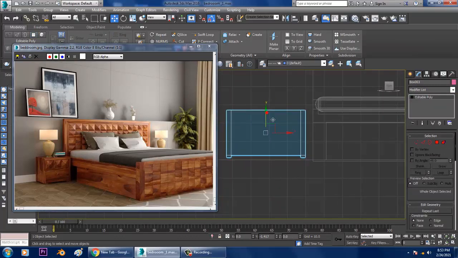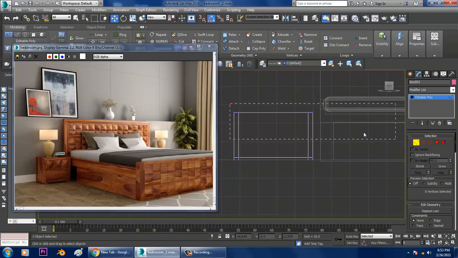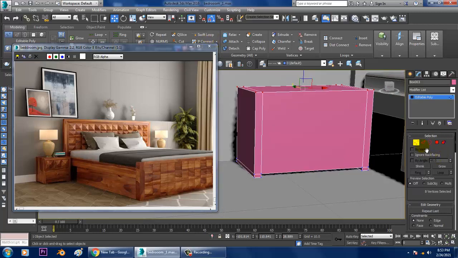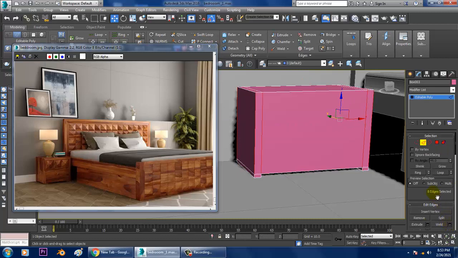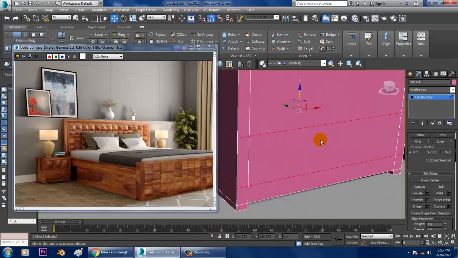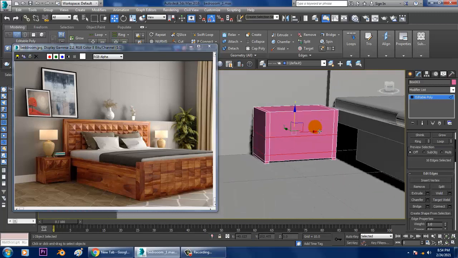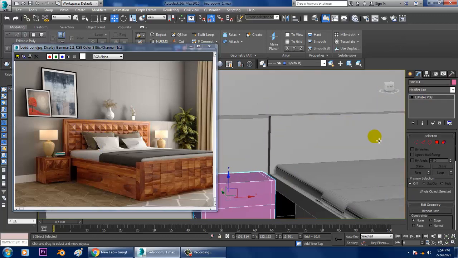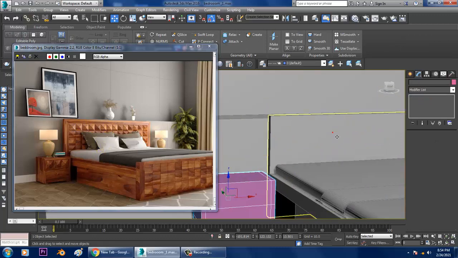So we'll just push it down, go into the vertices till here in this way. Again let's go into the edges and give two connects over here and drag it down over here. That's it. Okay. So these details, as you see over here, we can generate from this also.